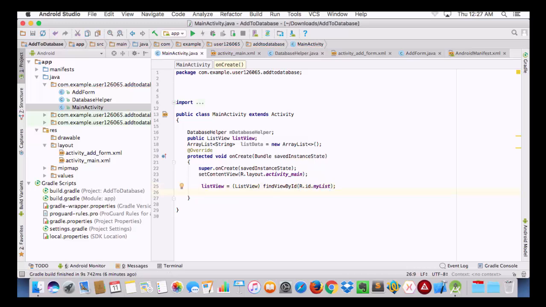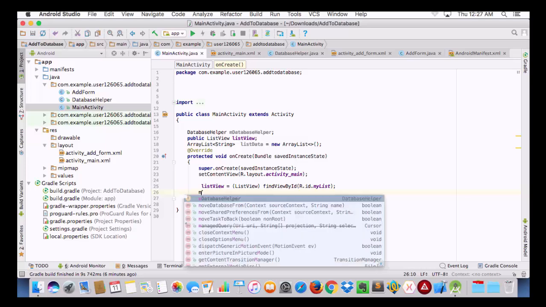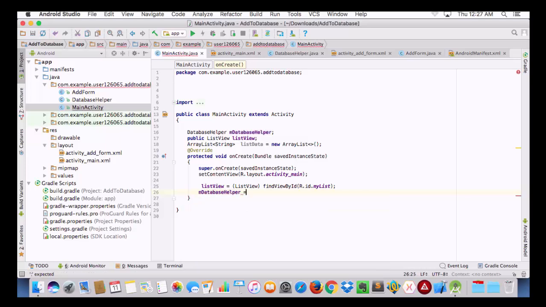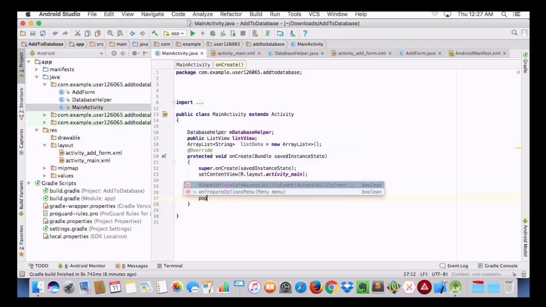And now I am going to have a database helper, same as we have done in our add form file. And now I am going to call a function called populate